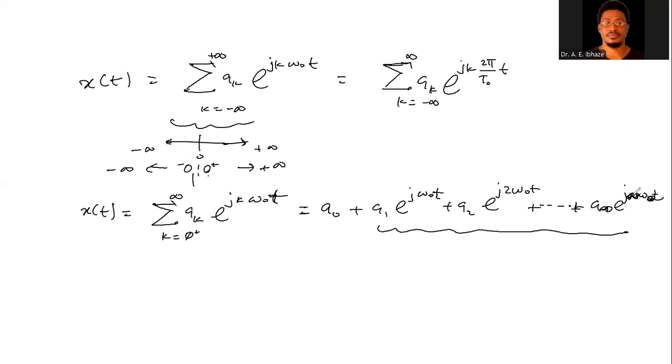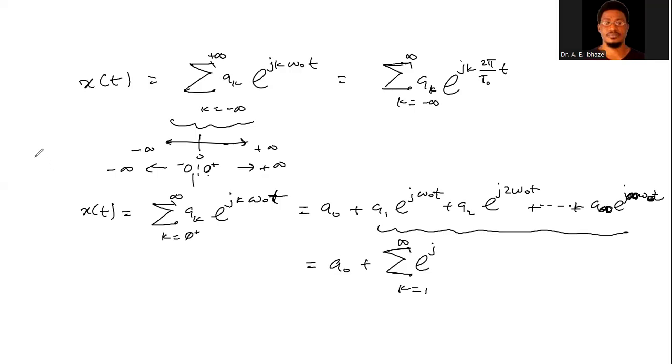Based on what we have, this is not n, it's to infinity. Now, that means this can be rewritten as a naught plus sigma k taking on values from 1 to infinity, epsilon j,